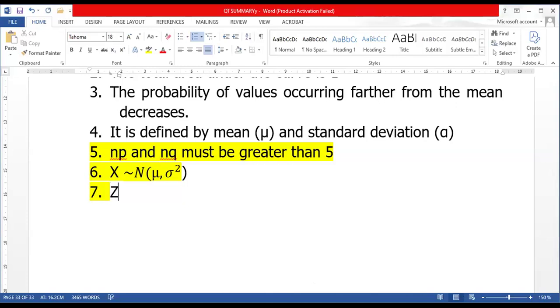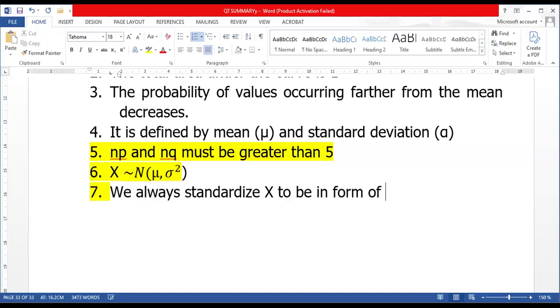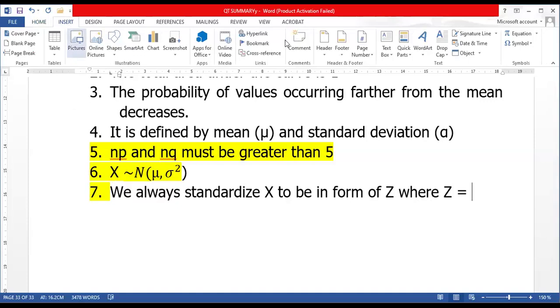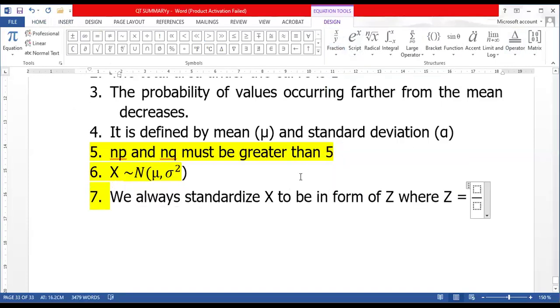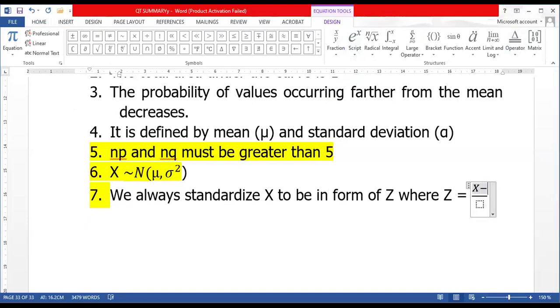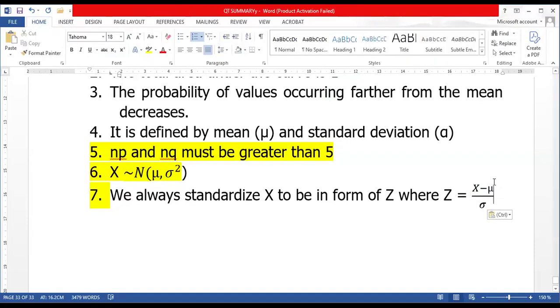Then next, we have another formula. As we determine Z, we always need to standardize X to be in the form of Z, where Z will always be equal to this X, not your real X, this X minus